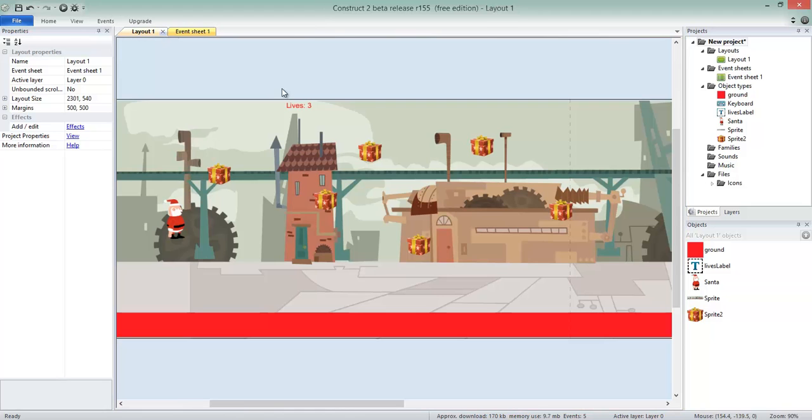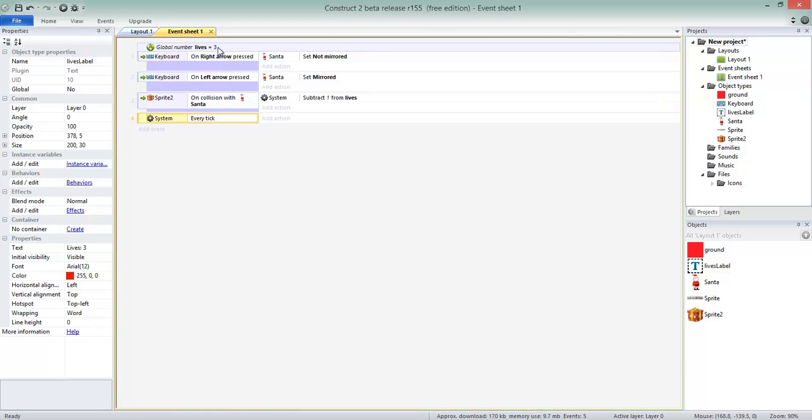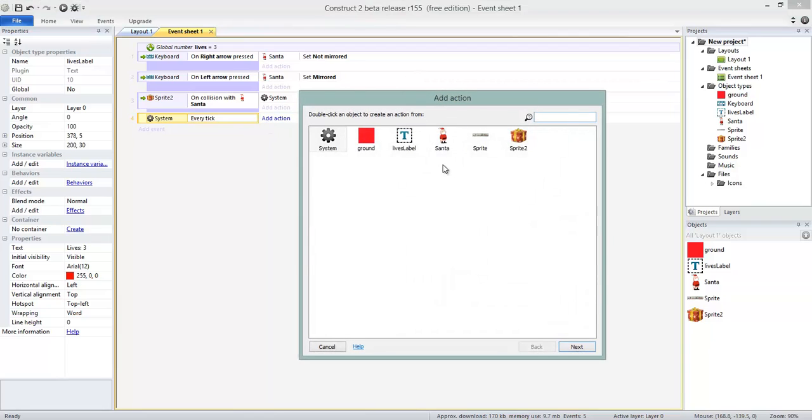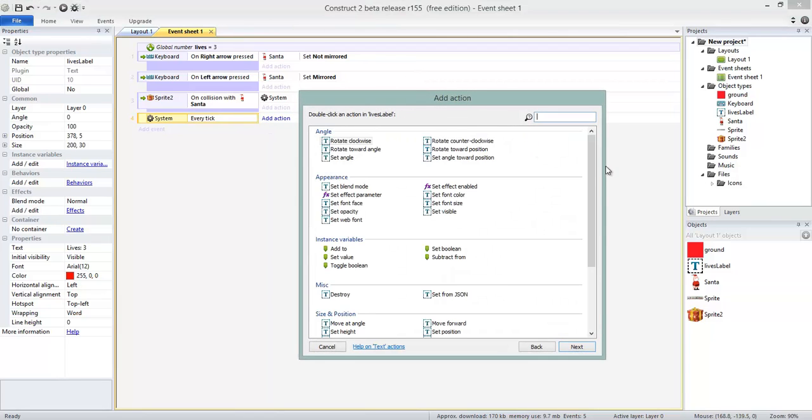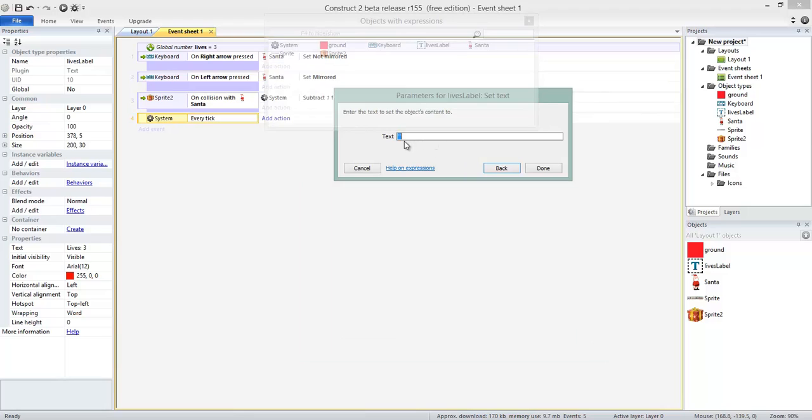I want to change the value in this lives label and put what we have in lives. So if I have 3, it's going to show 3. If I have 2, it's going to show 2. So let's add an action. I'm going to pick lives label, scroll down, and look for set text. Next. So what I wanted to say is like lives